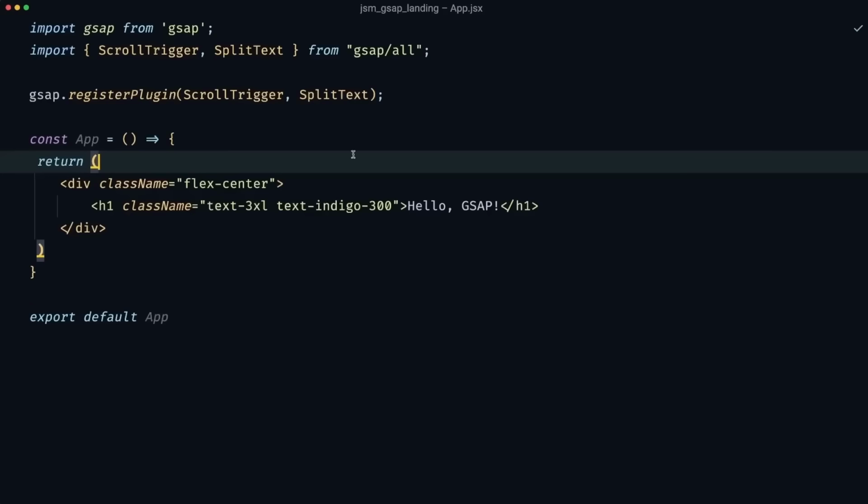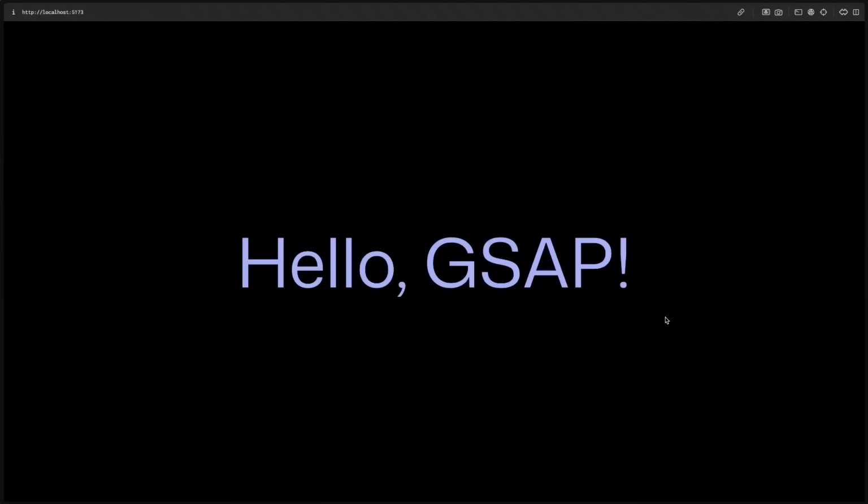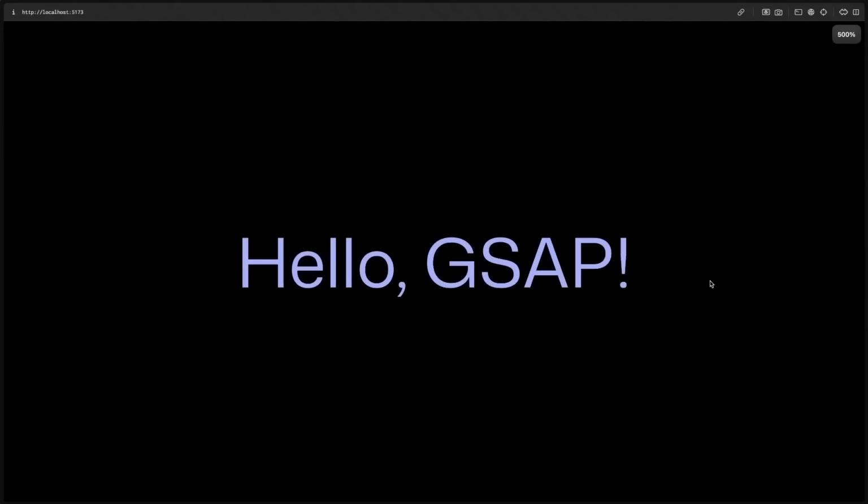Now, if you close it and get back to your app file and give this div an additional class name of h-, which stands for height. But then if you use square brackets, we use this in Tailwind when you want to provide a custom value, such as 100vh, which stands for full vertical height. If you apply this change and save it, and then go back in the browser, you should see that now our text should be very big. Well, at least it would be big if you zoomed in at 500 like I did, and it should be